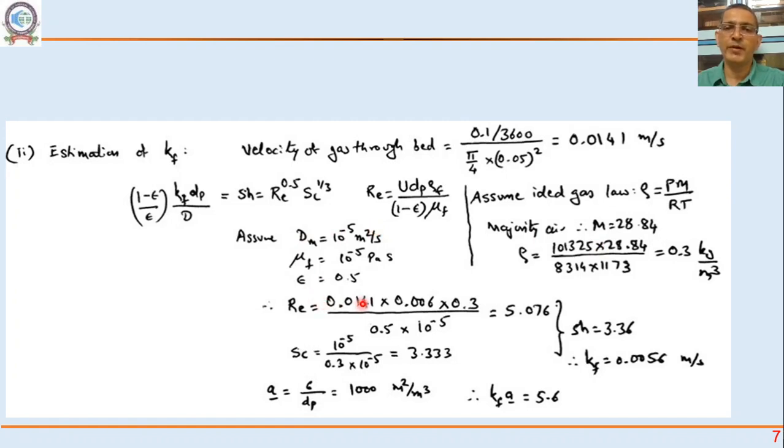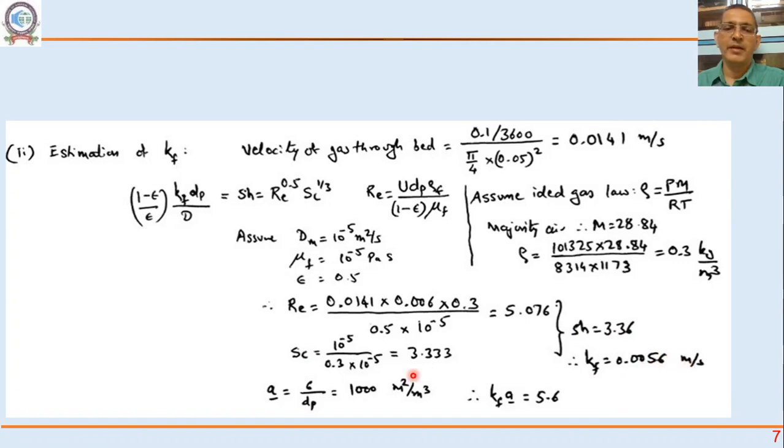So the Reynolds number would use 0.014 for velocity, a diameter of 6 millimeter, 0.3 for rho f, mu, and epsilon. The Reynolds number would be 5.076. The Schmidt number would be mu divided by rho and bulk diffusivity, 3.33. That decides the external mass transfer thickness of the film. That's the importance of the Schmidt number. Recall the momentum boundary layer thickness and concentration boundary layer thickness from the undergraduate course. If you substitute here, the Sherwood number would be 3.36 and the mass transfer coefficient would be